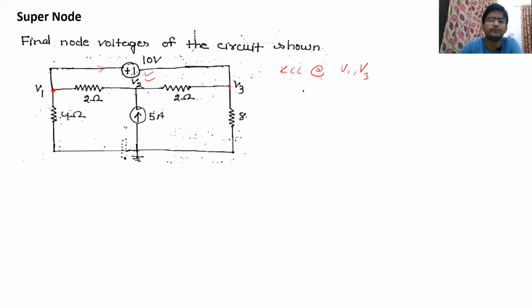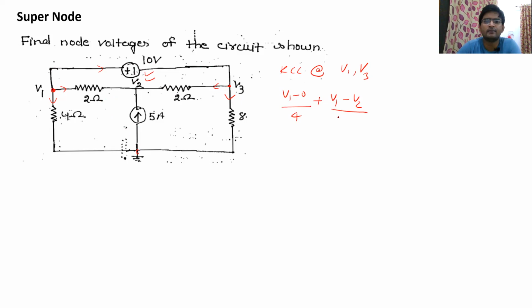V1 and V3. So the equation will be here, as you can see, I will by default assume current to be moving outward, and obviously we will not go to this branch and we will directly go to this branch. Here also I will assume my current moving outward, and here also outward. So we will directly write the current equations, and this is the reference node. So at V1 we will have V1 minus 0, 0 is the reference value, divided by 4,